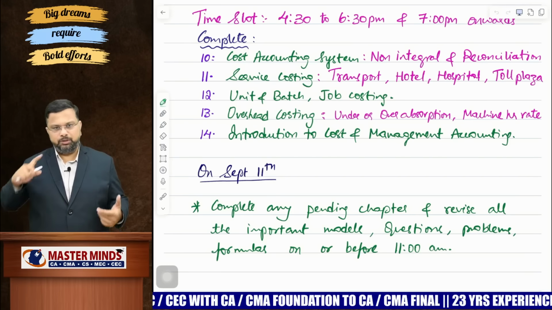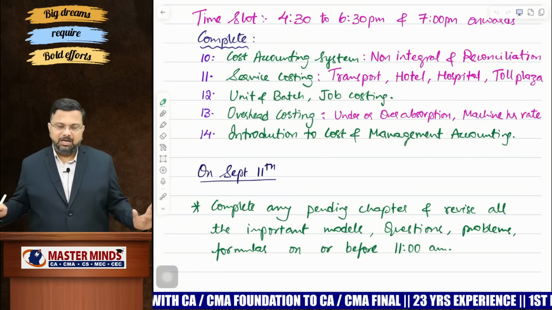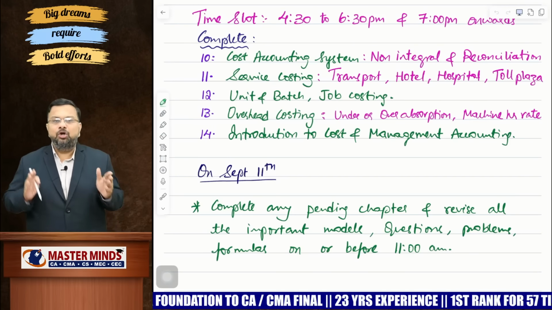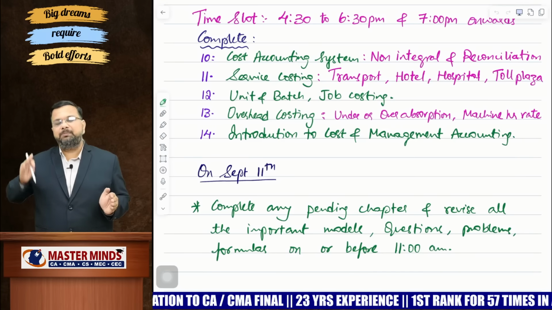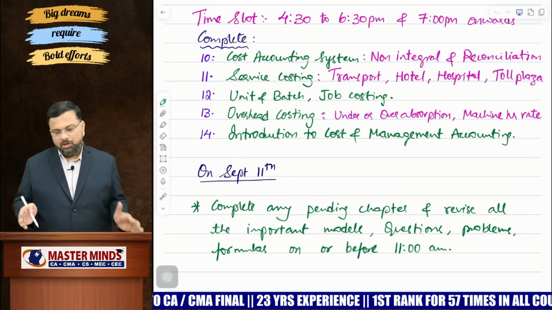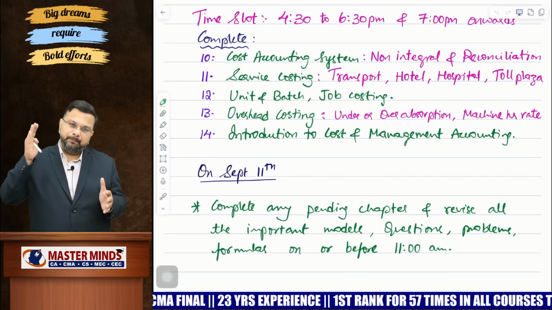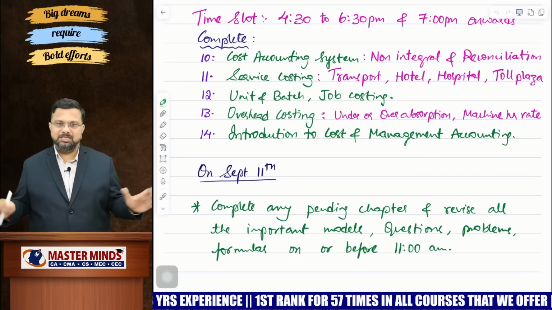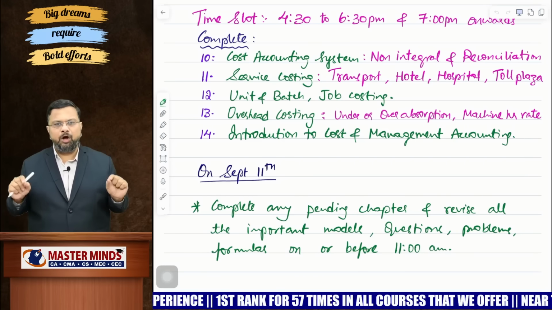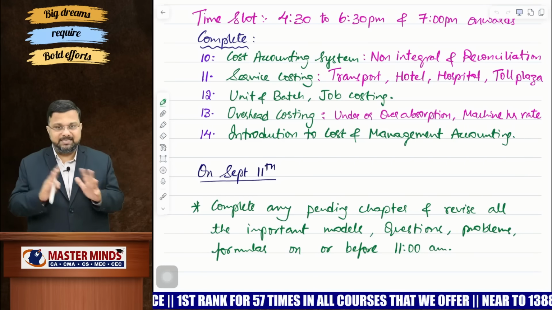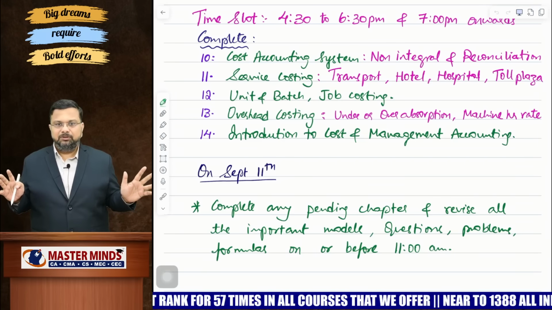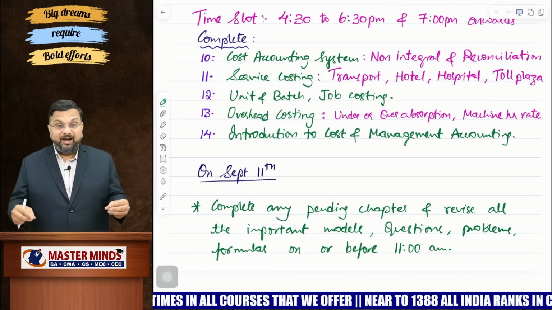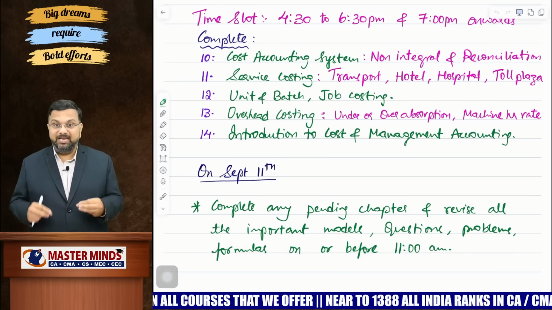One chapter, that introduction, you can take it on September 11th. On September 11th, you have almost 4 to 5 hours to revise the entire content. Don't leave anything for September 11th to be on the safer side. Whatever effort you want to put in, put it on September 10th itself. At the end of September 10th, you should complete all the revision. On September 11th, just revise all the important formulas, important concepts, important procedures, formats, etc. That's it. So this kind of preparation will help you in qualifying, in attempting the exam very, very easily.